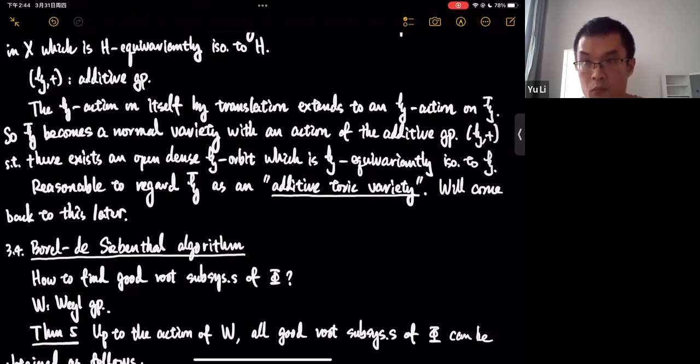additive toric variety. Okay, so one of the interesting questions I'm thinking about is, can one come up with an algebraic geometric definition of toric varieties, of additive toric varieties, so that our H bar are examples, and these additive toric varieties are classified by some simple combinatorial data, like in the multiplicative case. Okay, if anyone is interested in this, I would be very happy to talk.